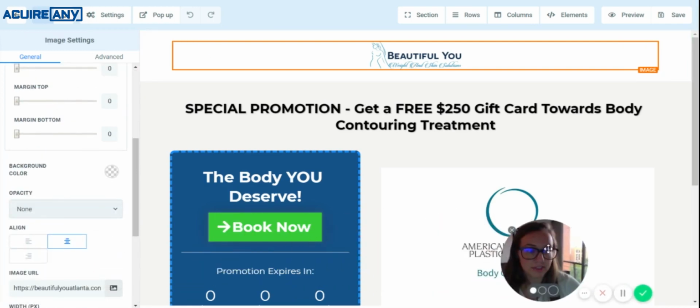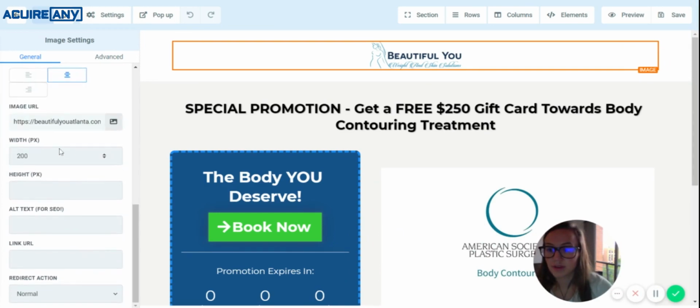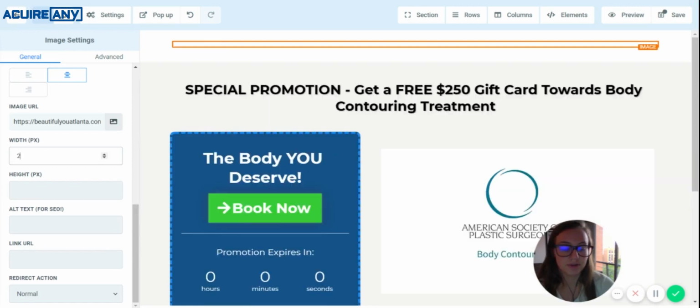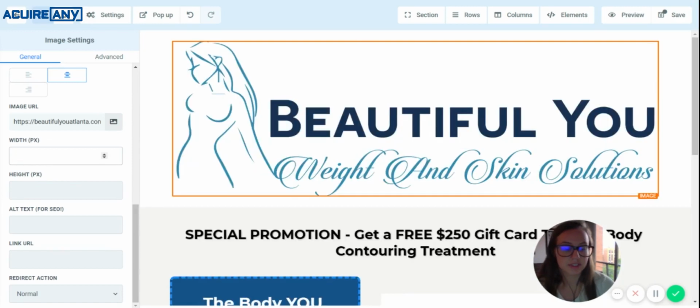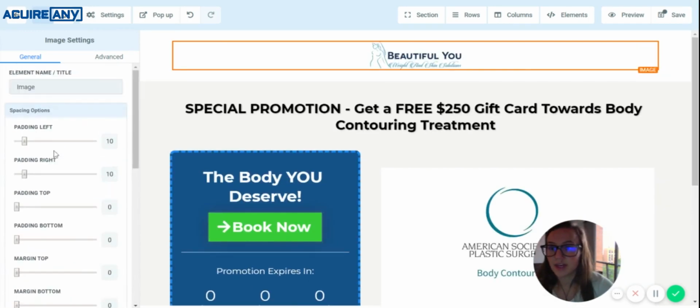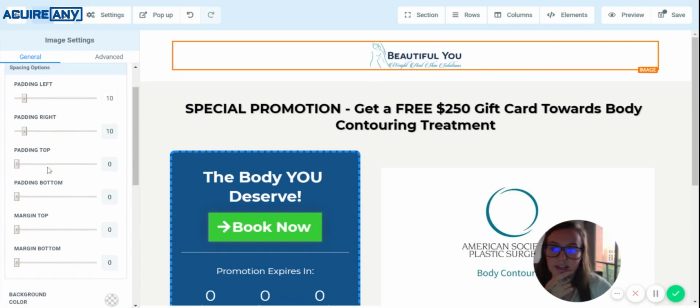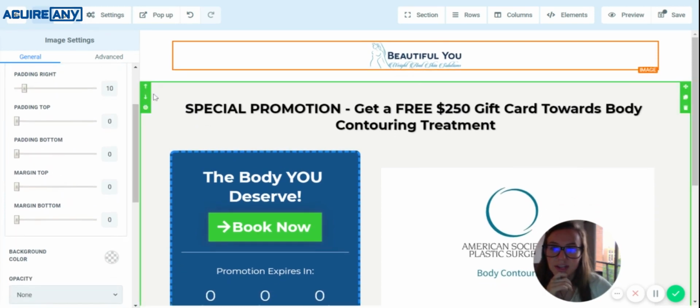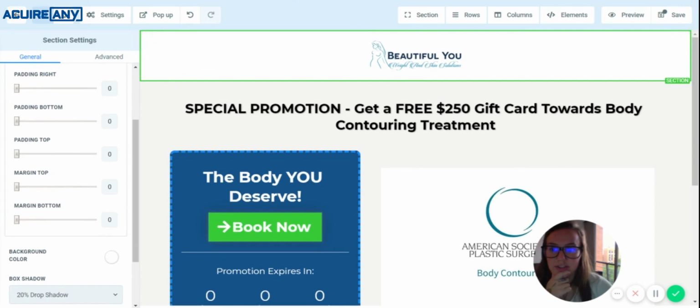One of the most basic things, so if you drop in an image, you want to come in here, move this out of the way. This image, actually, when I dropped it in, was huge, and that's clearly not going to work. So you can sit here and mess with this to get the desired effect that you want, as big or small. And then up here, you know, padding is great. Like you can come in here and you can manipulate this left, or you can make it really dramatic if you want. Same thing with the right side. You can do top padding, bottom padding,